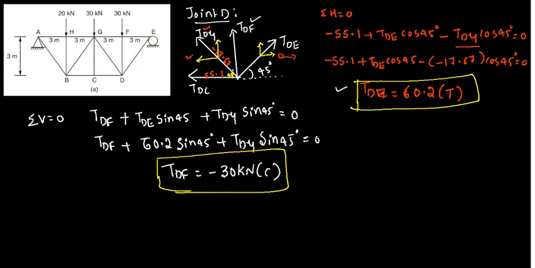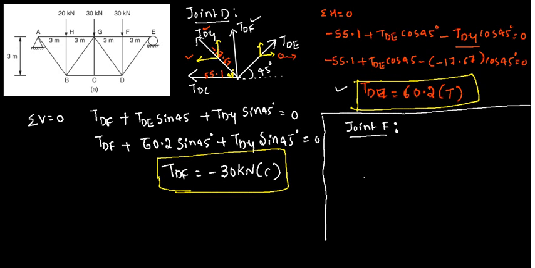So now I am going to consider the joint F here. Just I am writing here which joint I am considering. I am considering the joint F now. Okay, this is the joint F. So if I draw the free body diagram of joint F, how the free body diagram should be, this is what,